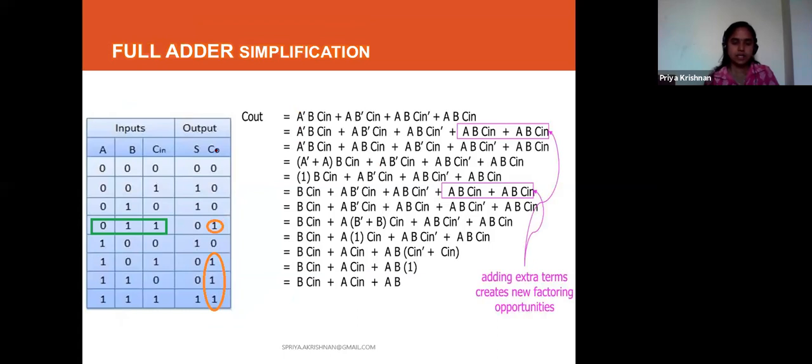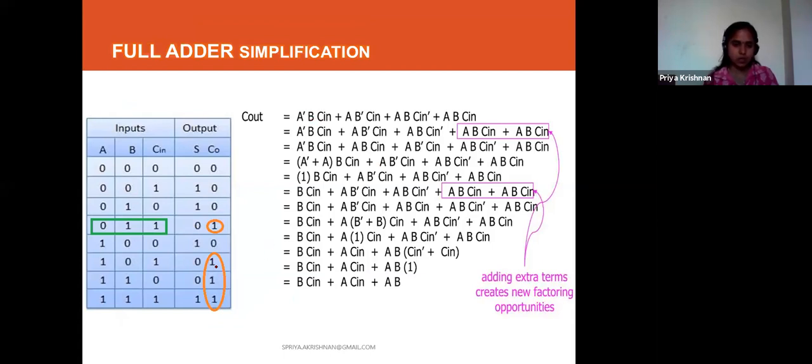Again, I have taken the carry, and where I have 1 in my carry, I have circled it. Now we should see what the input is to write the complete expression. What is the input? 0, 1, 1. So here A bar, B, Cin.